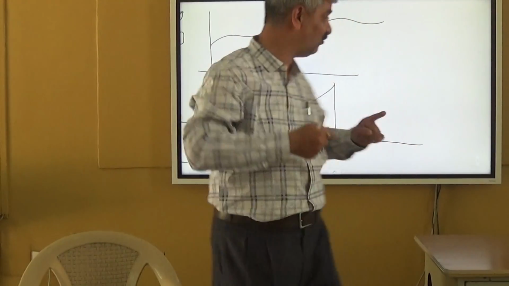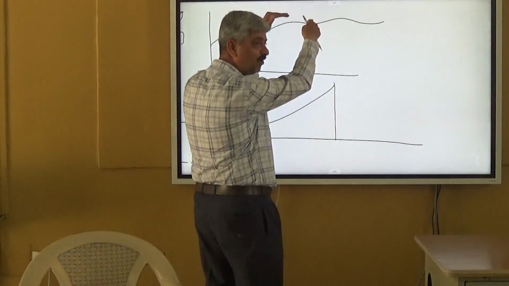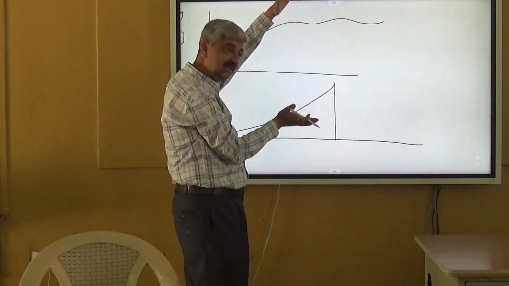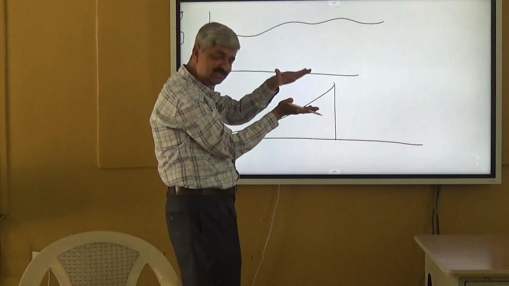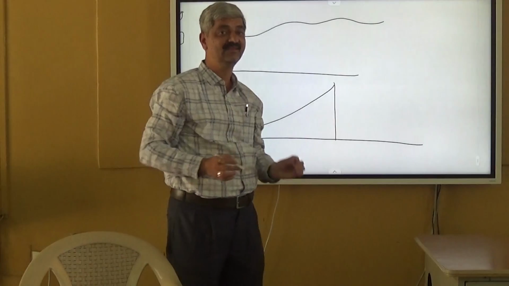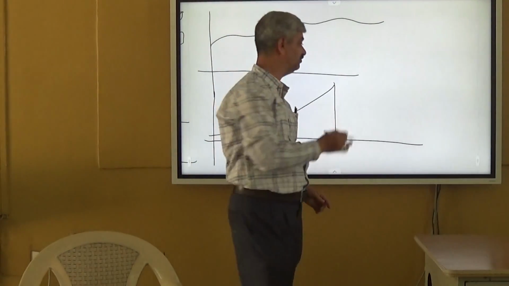Point to point, so this will multiply by point to point, so that would be some other curve, and addition of this, so that we do by a strip of delta T, that is integration. So this is